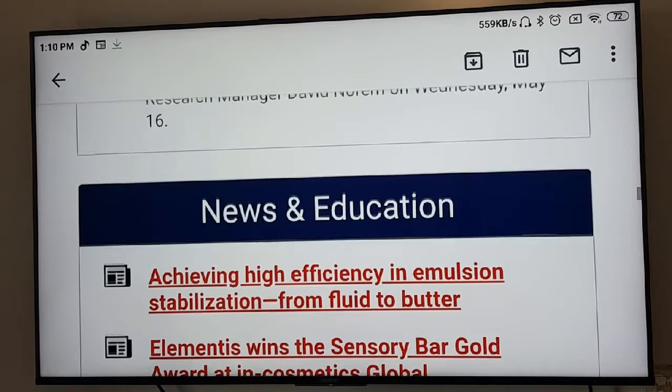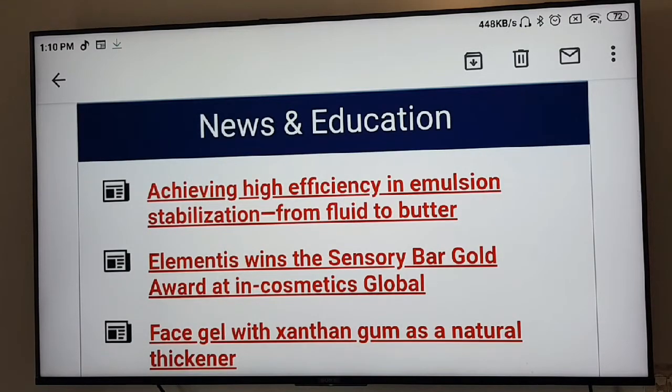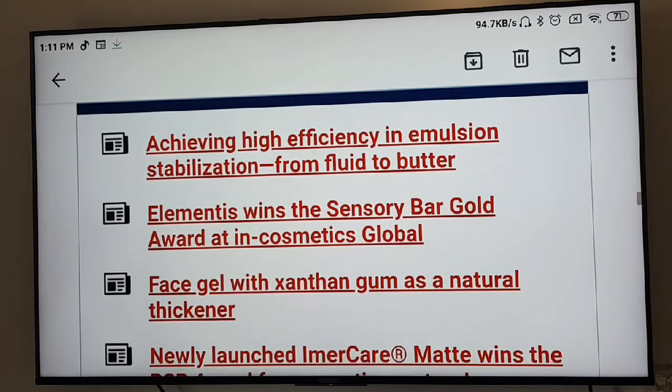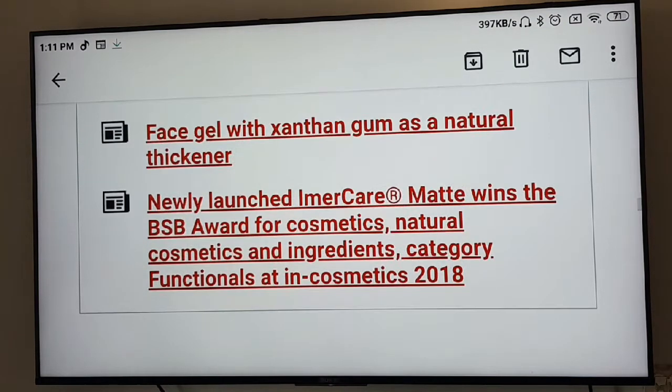Some prospector announcements, news and education. This is a scientific article on achieving high efficiency in emulsion stabilization from fluid to butter. If you open these, it's a paper presented or published.